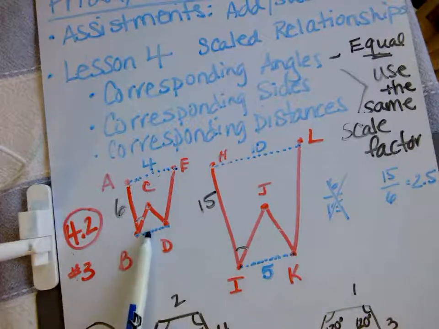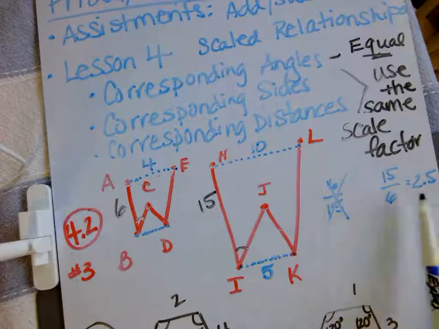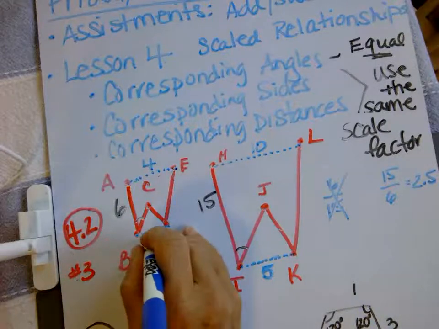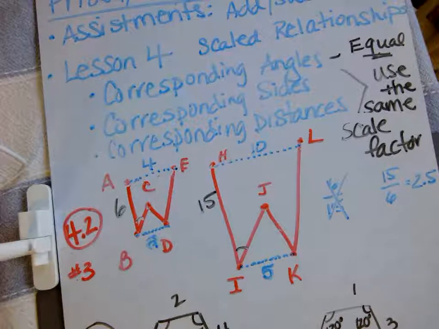We know it gets smaller. So if it gets smaller, we're going to divide by the scale factor because we've got to make it smaller. So 5 divided by 2.5. Again, if you need a calculator, go ahead and use it. 5 divided by 2.5 equals 2. Okay, so we are using that knowledge to find some different side lengths and also some different distances within the shape. And the last thing that I want to go over with you